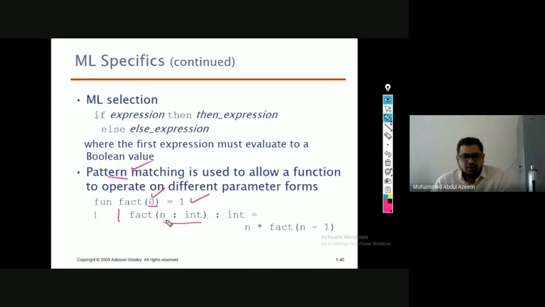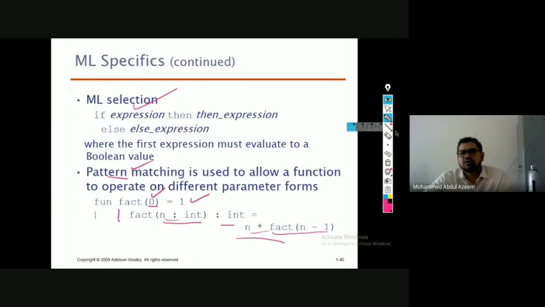So instead of if-else, we can implement the factorial of a number in ML using an if-else kind of approach, like we have done in other languages, including imperative ones. But in addition to that, you have this pattern matching approach available as well, in which you just specify the parameters. The parameter is going to be matched based on the value passed during the invocation of the function. So if it is 0, it returns 1. Otherwise, this particular code is going to be executed. What is that? We have n times fact of n minus 1. It's a recursive call, right?